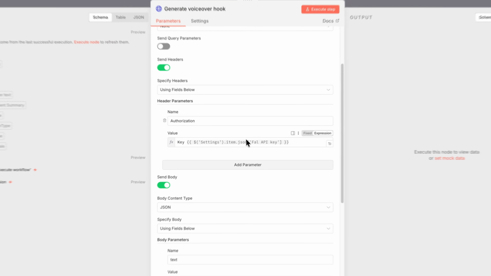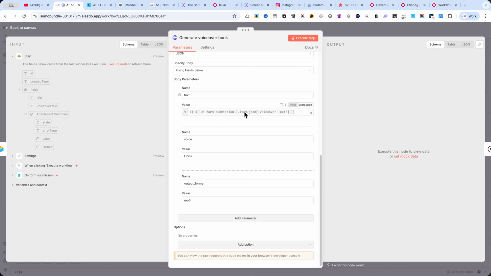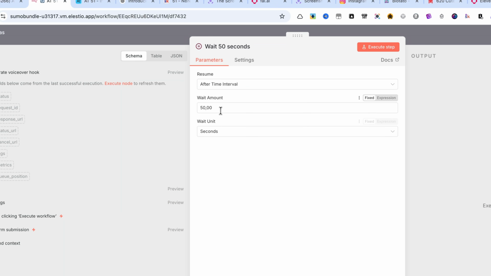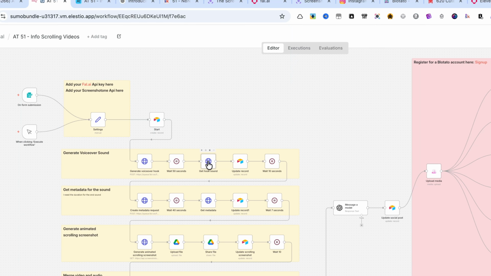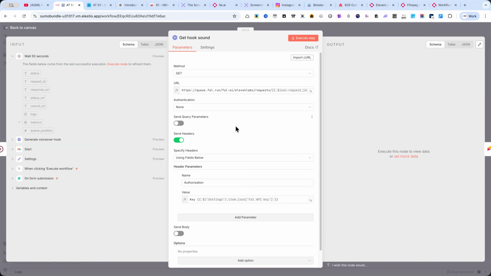I'll open this node so you can copy my settings exactly and avoid any issues. The next node is a wait node. Here, I've set a delay of 50 seconds to give the voiceover generation enough time to complete. After that, we have another HTTP request node. This one is used to retrieve the final audio file generated by